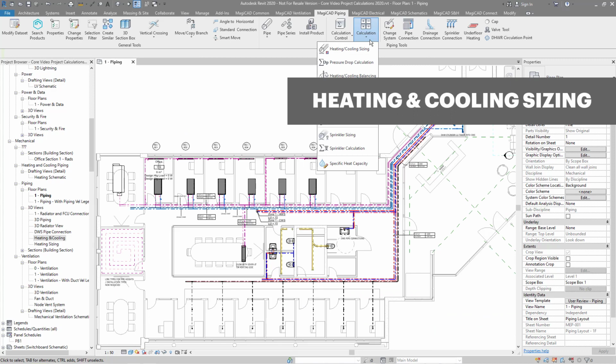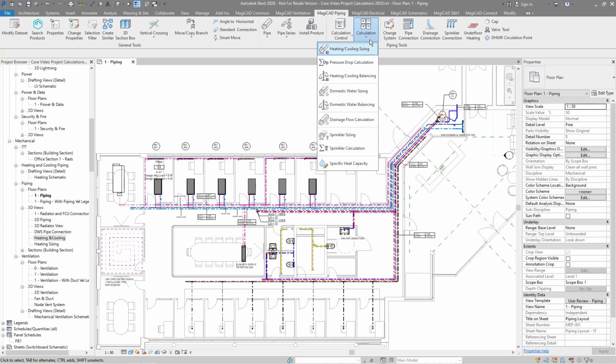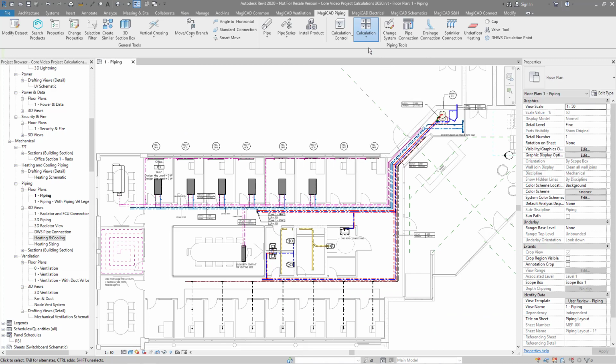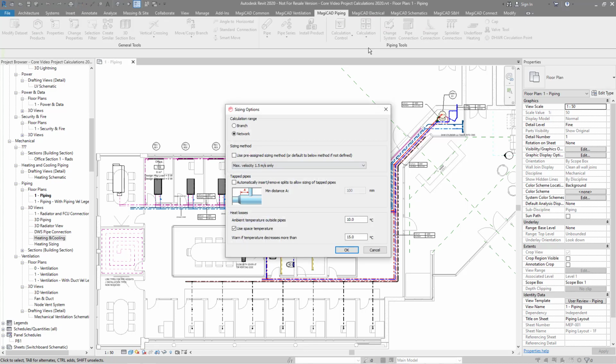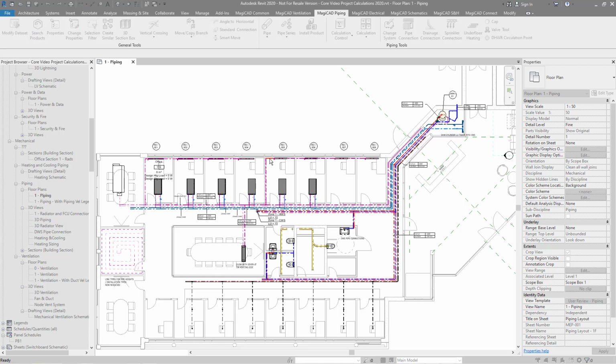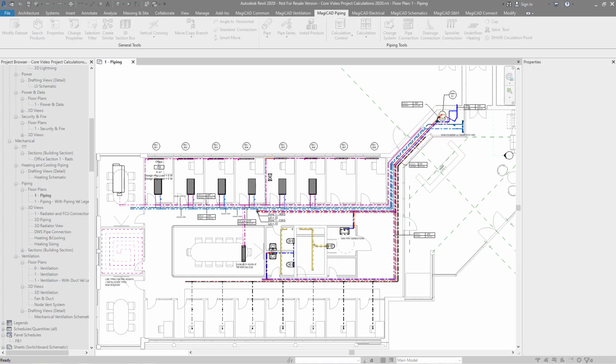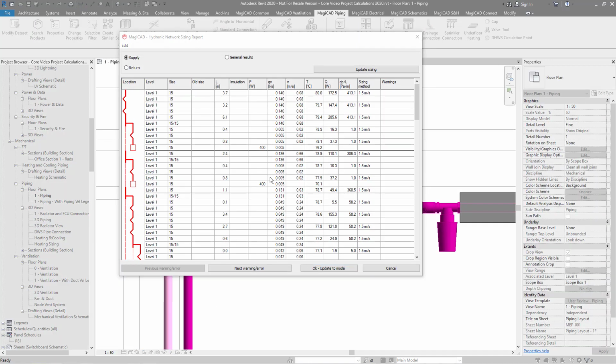Using a heating and cooling sizing calculation, we can easily size heating and cooling pipework. As we'll show here, you can select your sizing methods that will be set within your MagiCAD dataset, and you can also set some other criteria as well. Once you've selected that criteria, you select anywhere on the system, and you'll be provided with this heating report